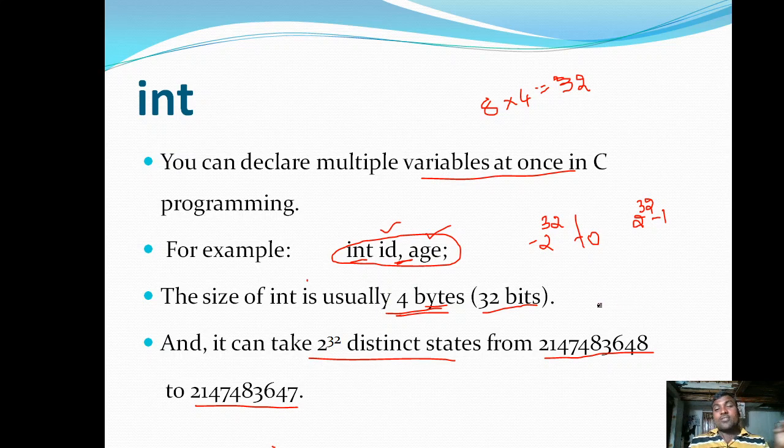So this many distinct values are acceptable.